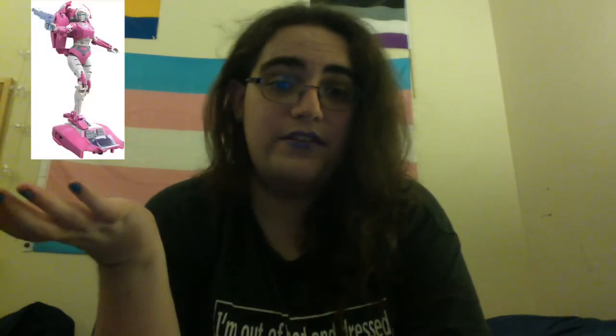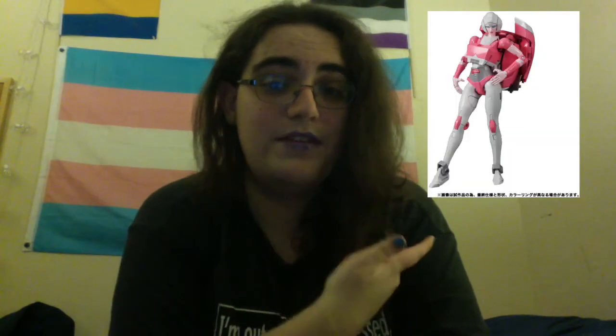This figure does taper the waist a bit, and while she does have a bit of a robo bust, it's not super noticeable, and compared to the Earthrise figure and the Masterpiece figure, she's not overly sexualized. In fact, this character's knees lock in place. You can distinctly hear them lock in place,